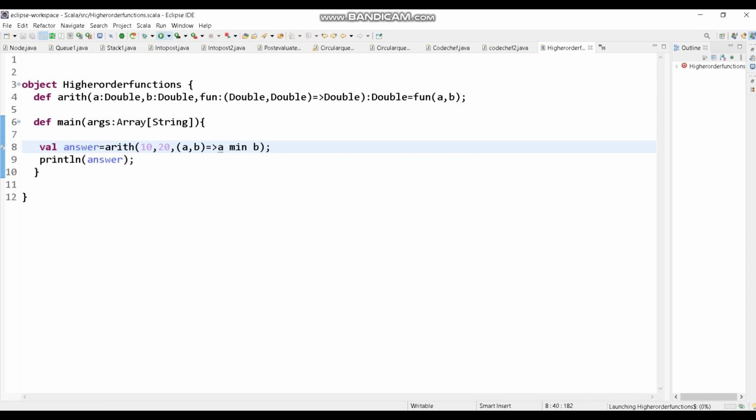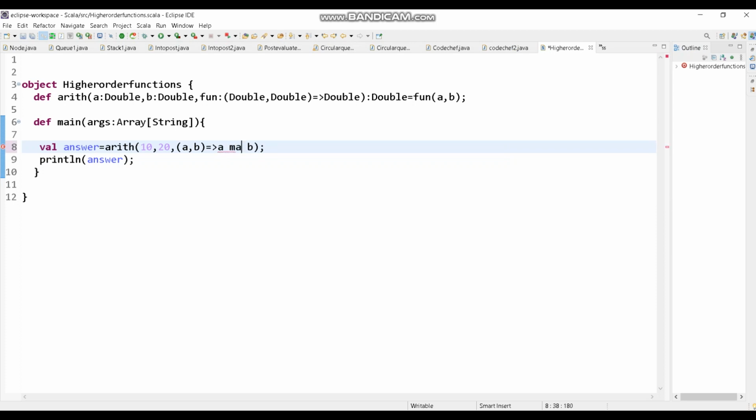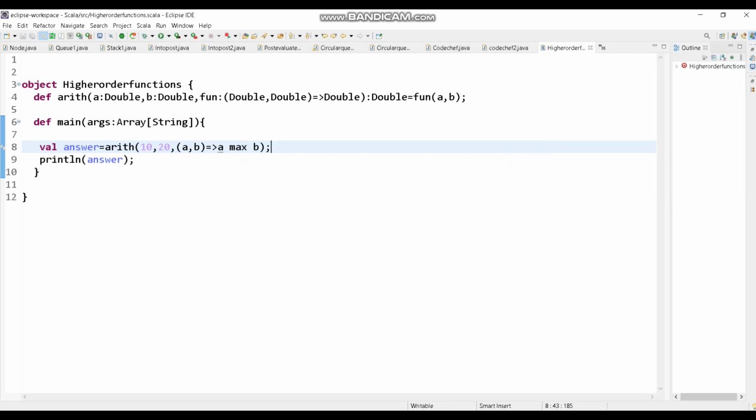Again, I am running this file. So the result is 10 because the minimum among 10 and 20 is 10. For maximum, we have to rewrite this notation as a space max space b. Run this file again. See, the result is 20 because the maximum among 10 and 20 is 20.